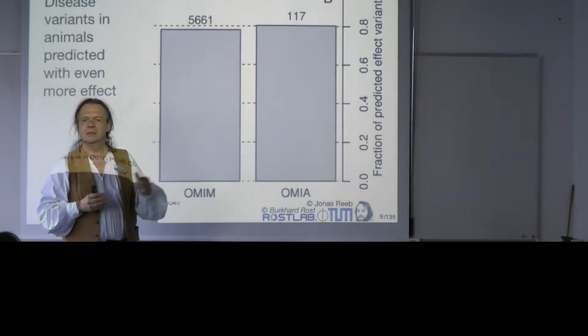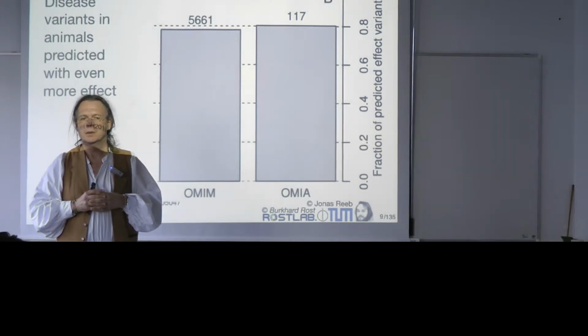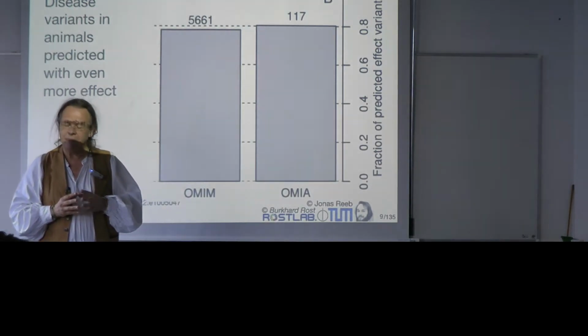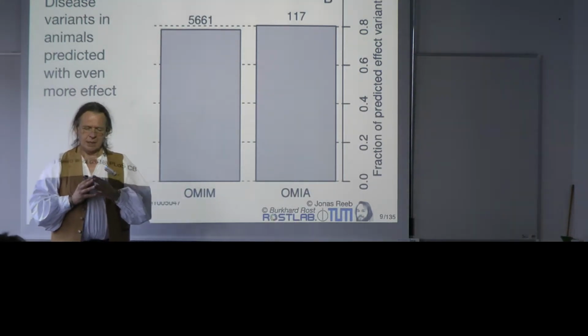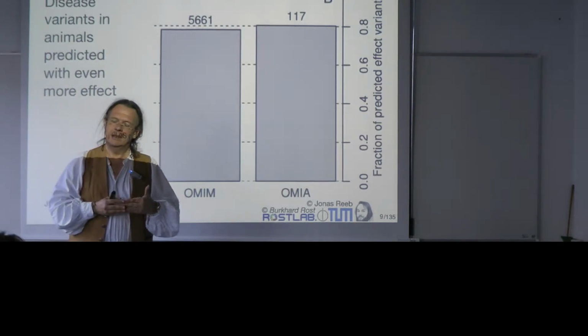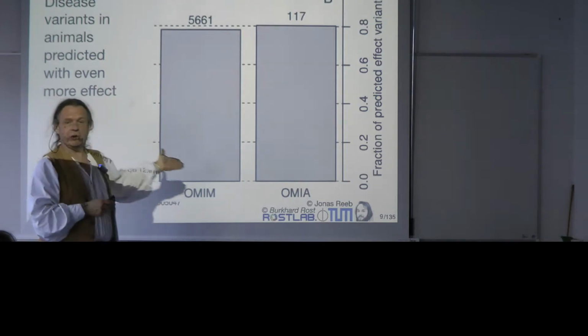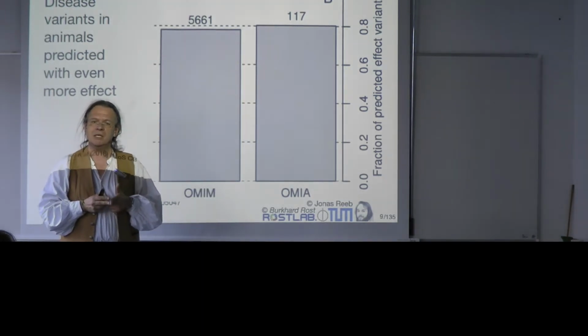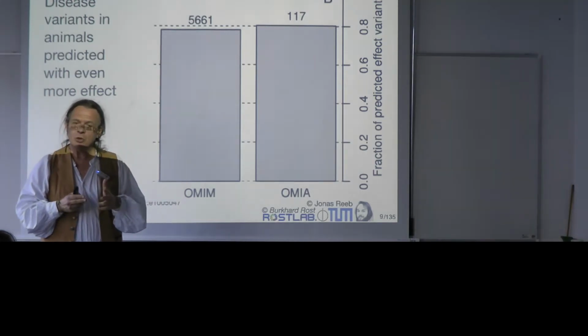Yes? When training, do you also take in structural information? So the answer is no, and that is a wrong answer. Some methods do. The method that I, for instance, look at here, SNAP, does not. It takes predicted secondary structure, predicted solvent accessibility, it takes predicted contacts, but it does not take actual structure.